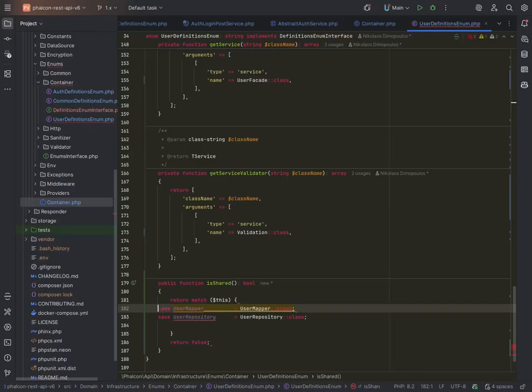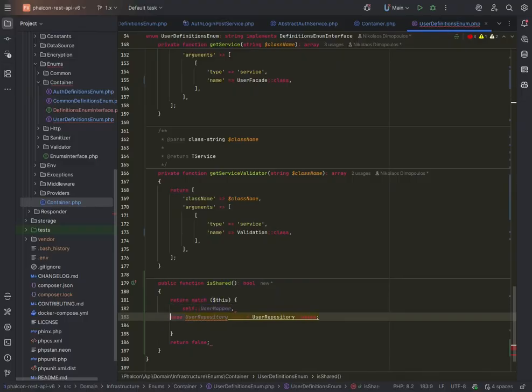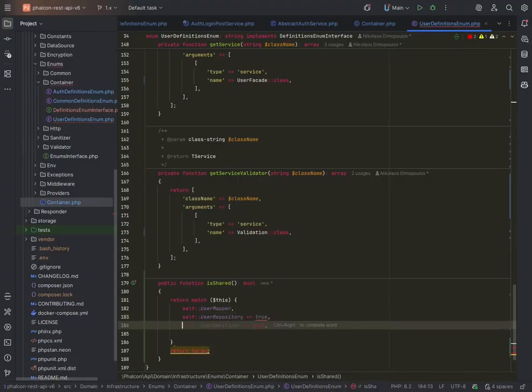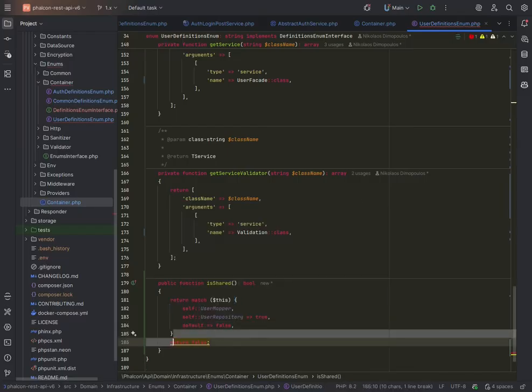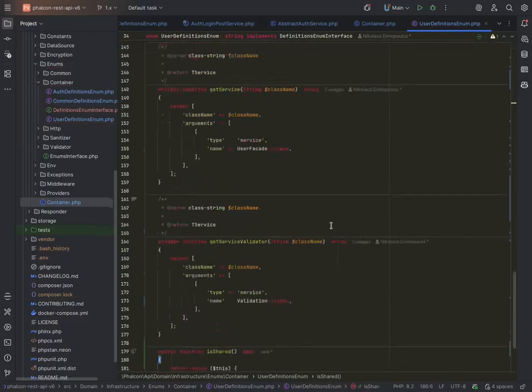I'm going to put these two guys in there. So the user mapper, we need it to be true. There we go. So now those two services are true,